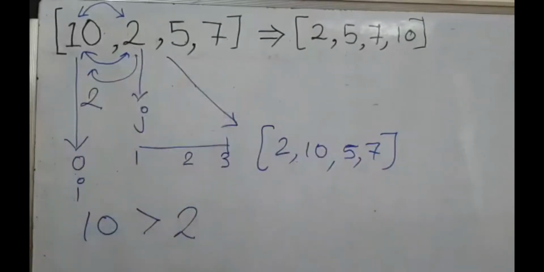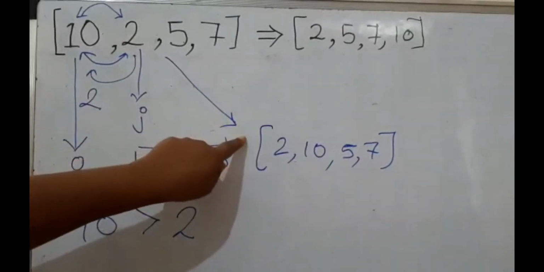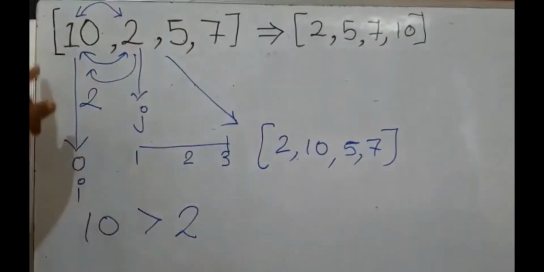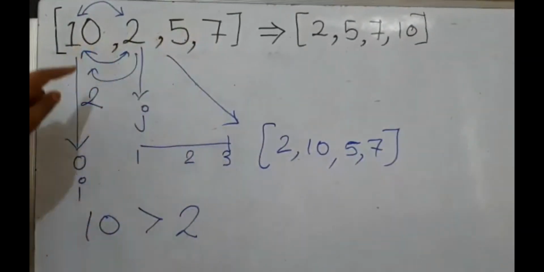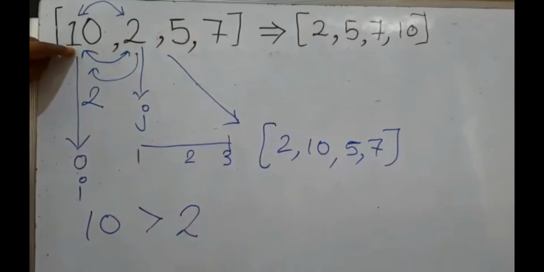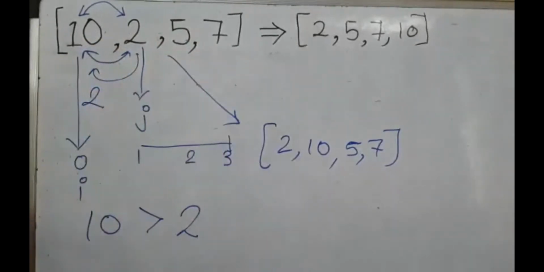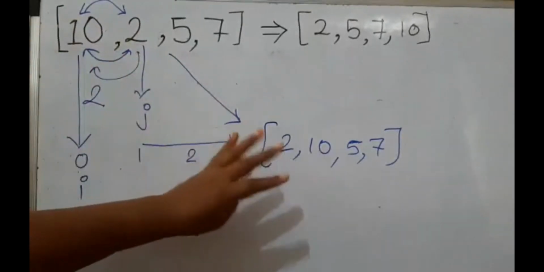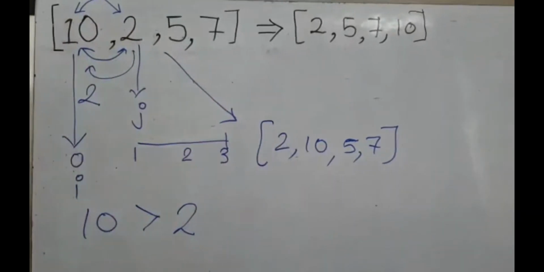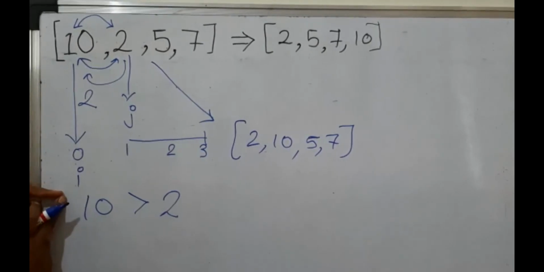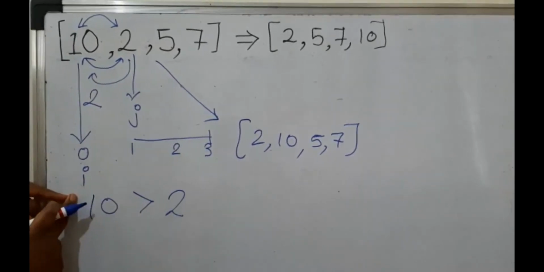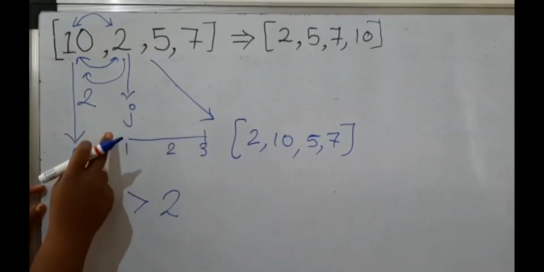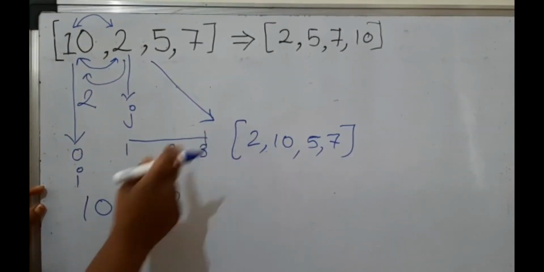Like that, j travels till the end and again i gets incremented, and like this we swap if the first number is greater. We iterate over the whole array, and hence we sort it in ascending order. For this we need two for loops, because one pointer is at the 0th index and another pointer, that is j, will iterate till the end.